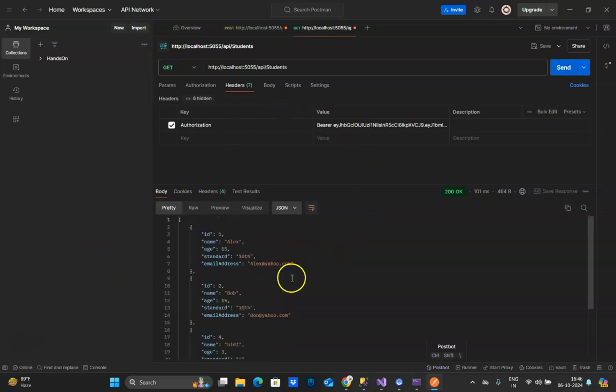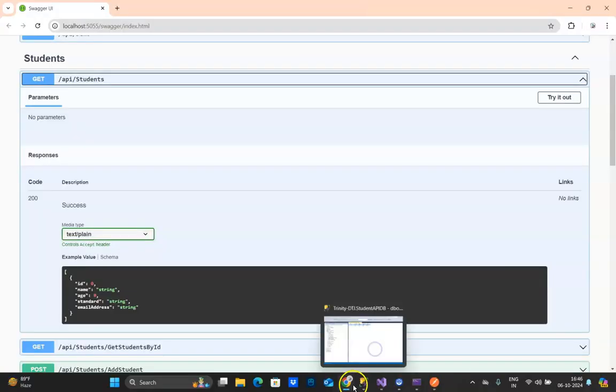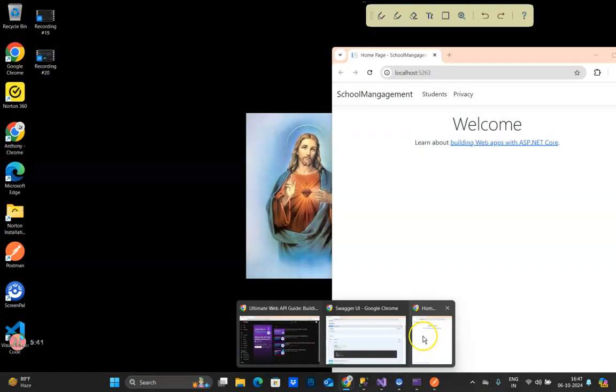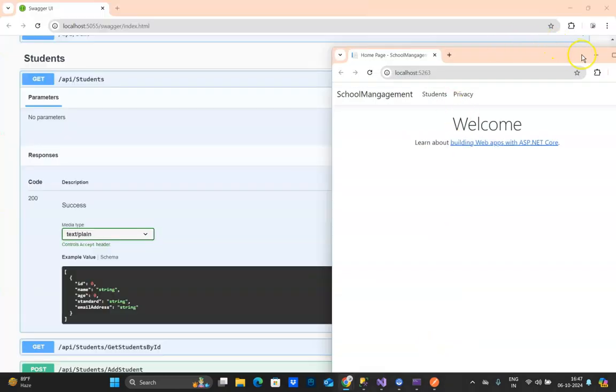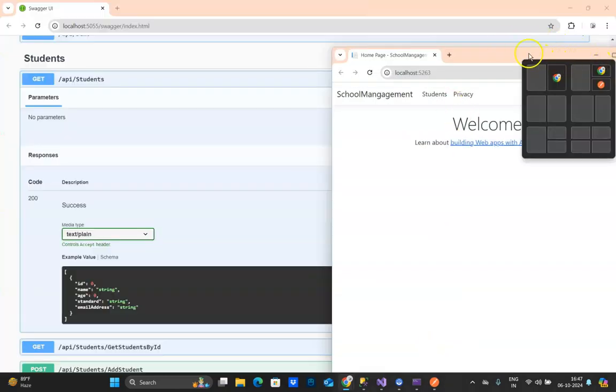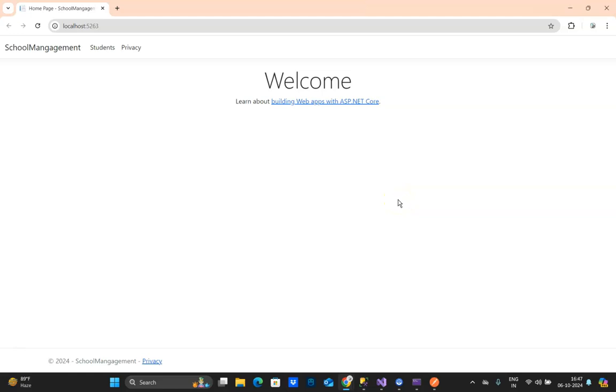Now since this is Postman, it has the capability where I can pass the bearer token and fetch the record. But in our project we'll have to make those changes. The first thing we'll have to do in our project is create a login page and allow the user admin to log in. Once he logs in, we also need to provide a capability to log out, and then we should be able to pass in the token of the logged in person to all the students endpoints